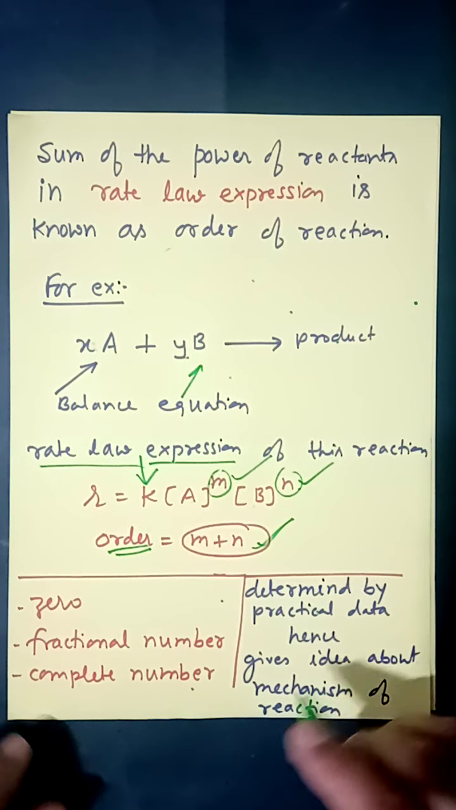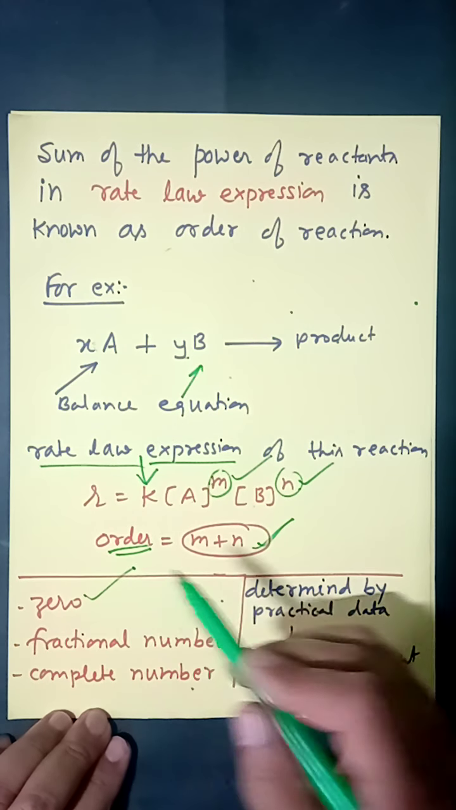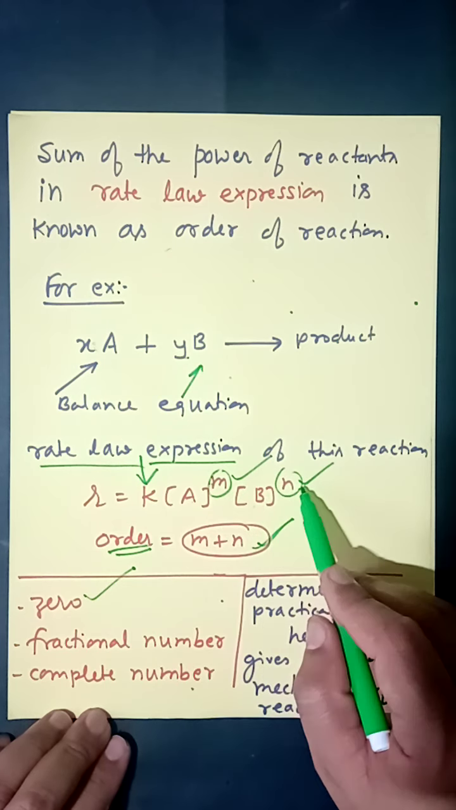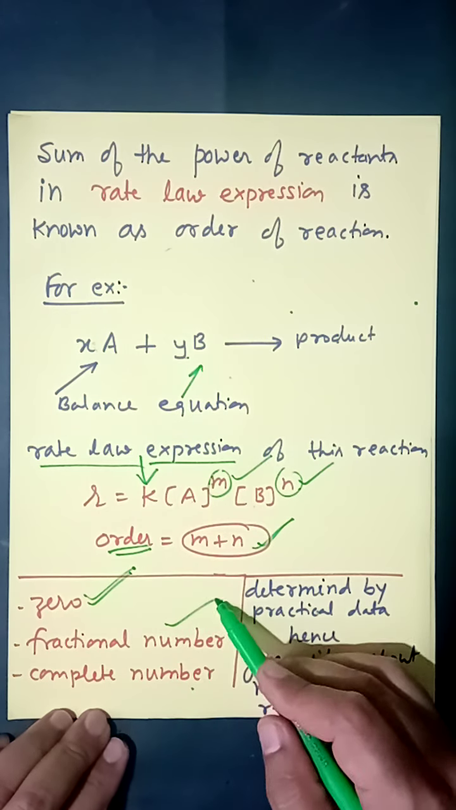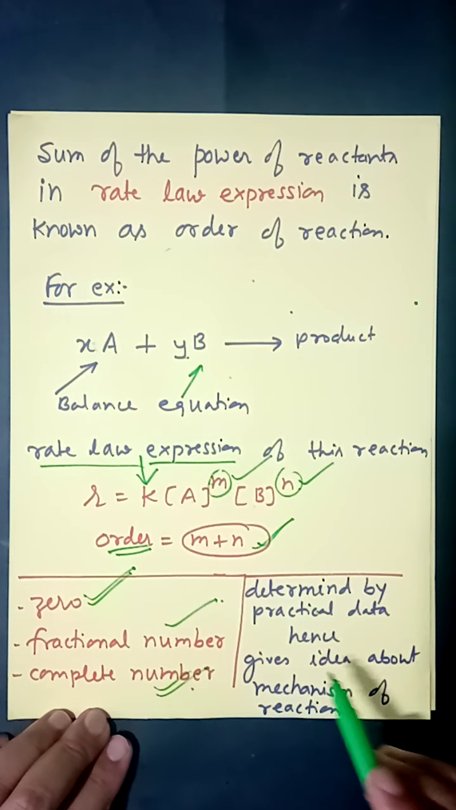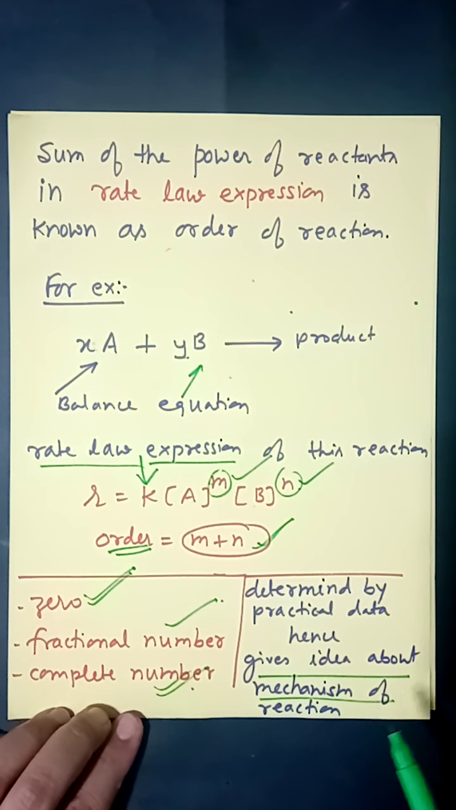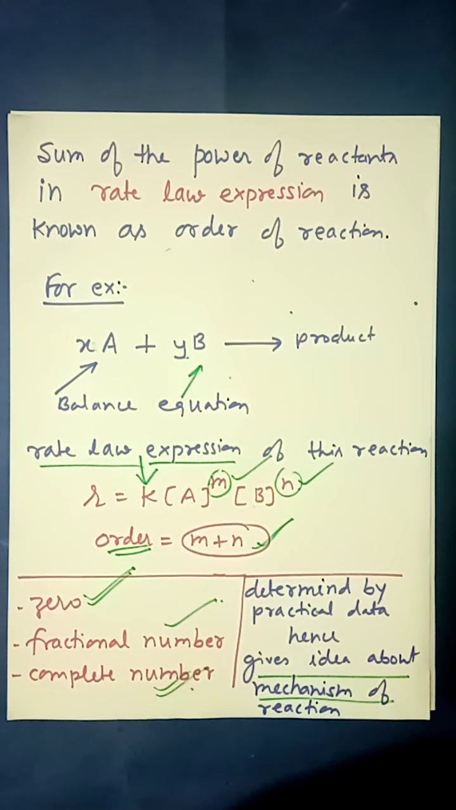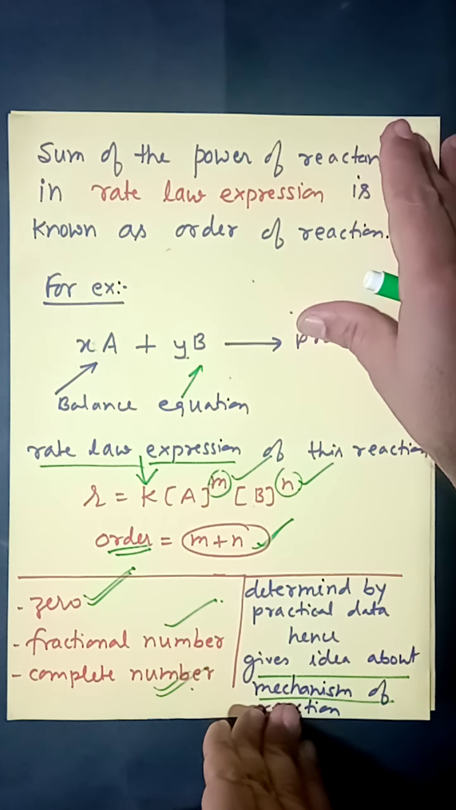But a few points related to order of reaction which you must remember: order of reaction can be 0. Order of reaction can be a fractional number. Whatever numbers are given here, you have to add them and write them as order of reaction. So it can be 0, it can be a fractional number, it can be a complete number. It is determined by practical data, hence it gives an idea about the mechanism of reaction. Now how order of reaction helps us to decide the mechanism of reaction, this we will discuss at the end of order of reaction. But here